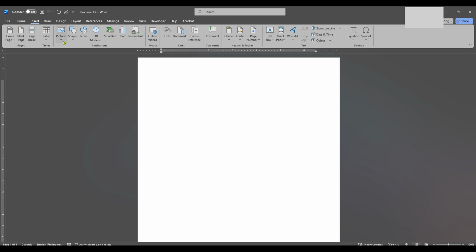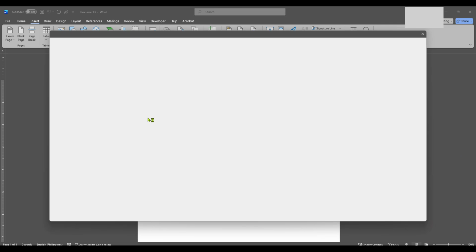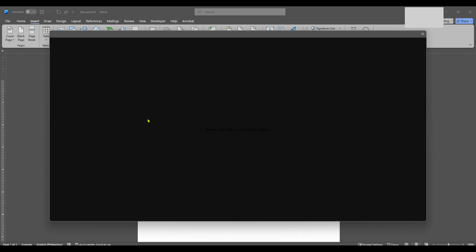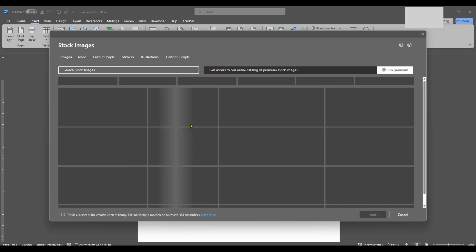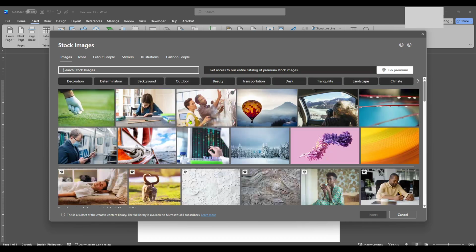Now, if you want to add a picture or an image, look for the Pictures option under this Insert tab. Clicking on Pictures opens a dialog box that allows you to browse files stored on your computer. It's time to navigate through your folders and choose the image you'd like to work with. Select your desired photo and click Insert to bring it right into your document. Great! Now your image is in the document.